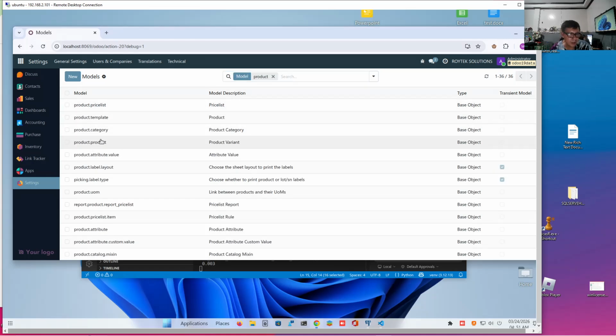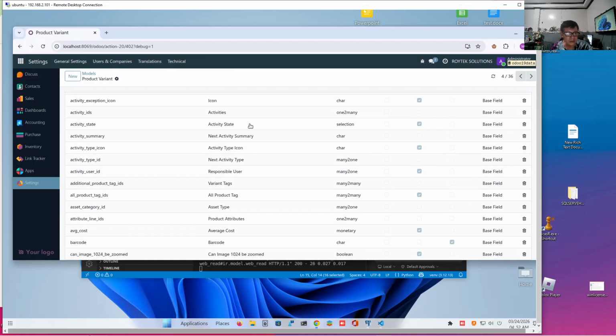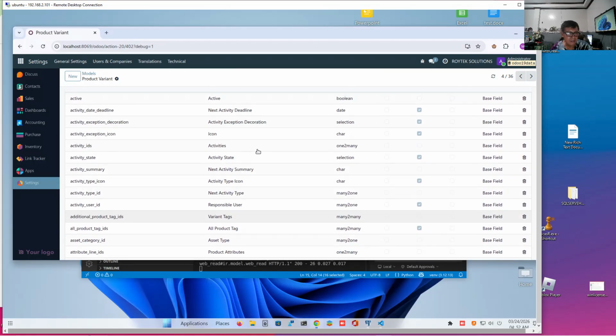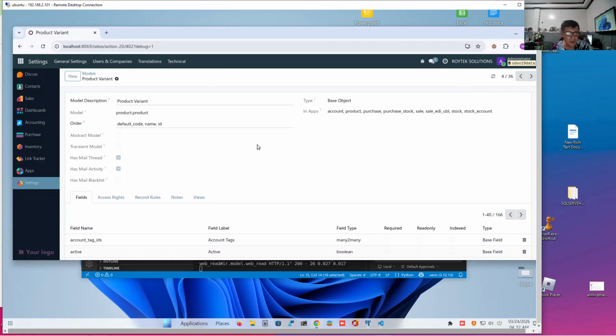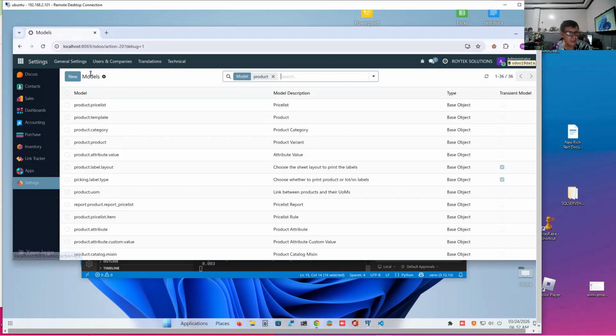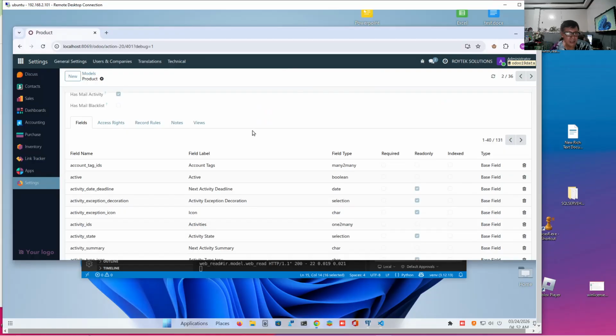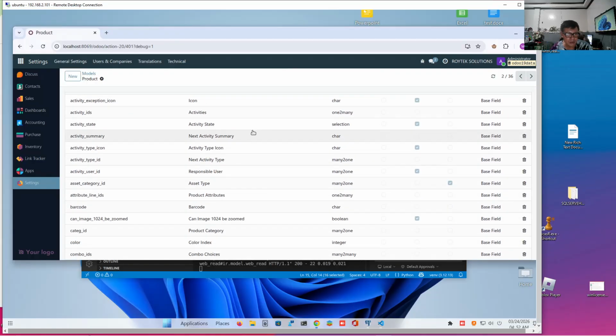There's product.product. This is the declaration. It's product.product in Odoo. In PostgreSQL, it's product_product. There's another model called product.template. This is the basic product which contains a description.